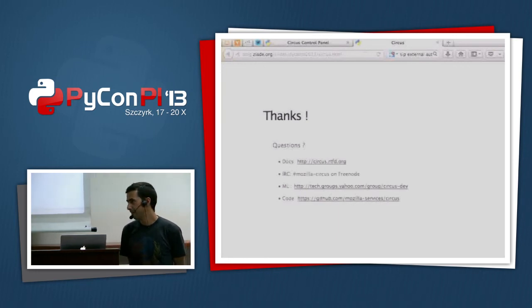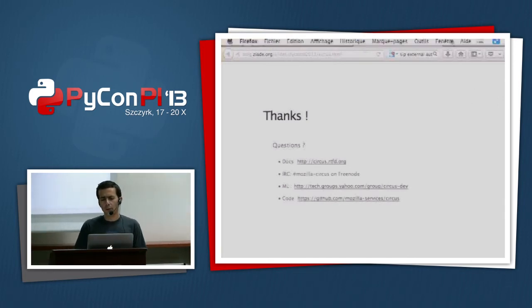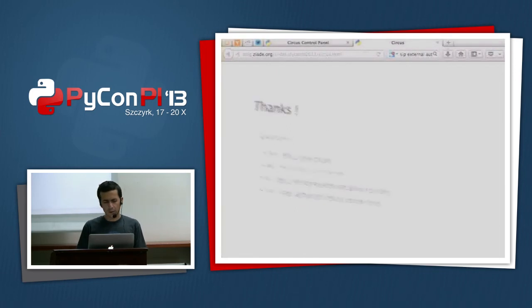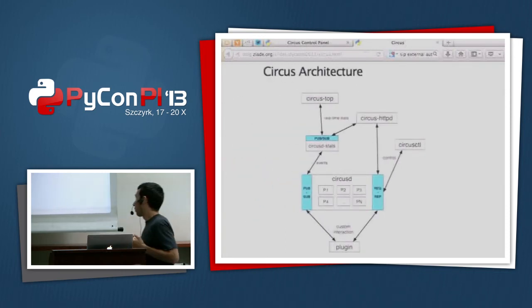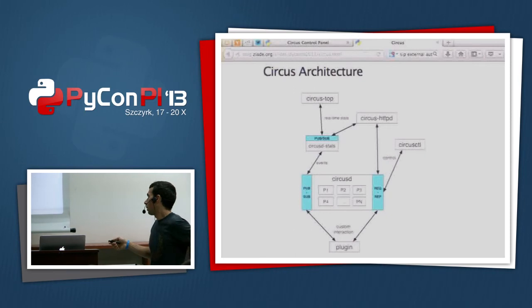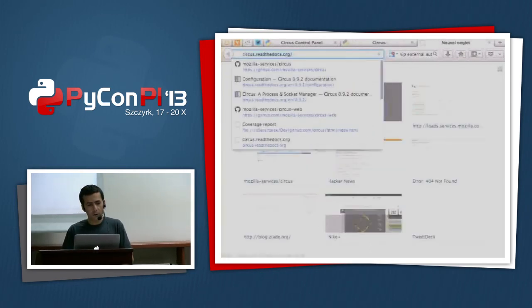You said there is a way to write plugins. Oh yeah, I didn't talk about the plugins. That's a shame. So you can. So back in this slide here. Yeah, here. So here we provide a plugin system that allows you to create plugins that interact with both sockets. So basically, if you go on the Circus documentation here,